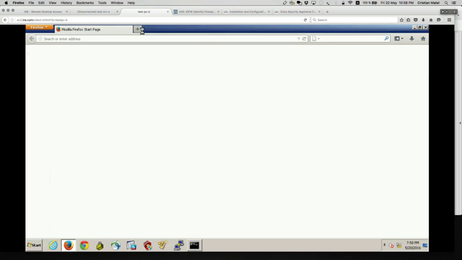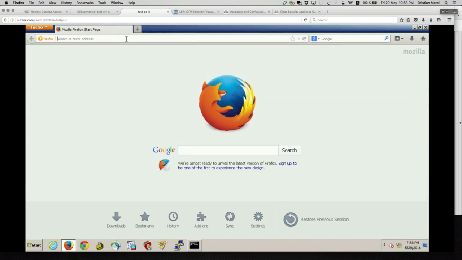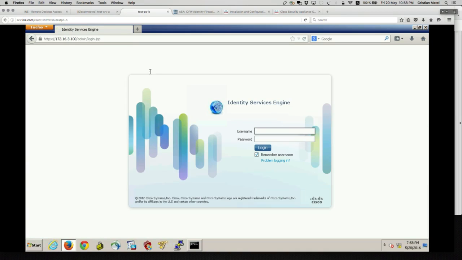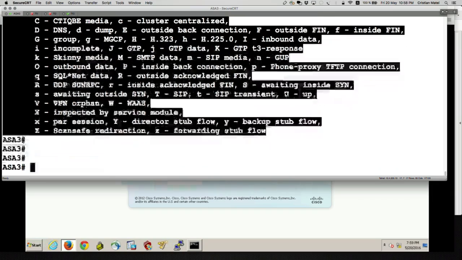I think I had a typo. Instead of colon, I said a period. HTTPS colon 172.16.100. There we go. If you look in the connection table of the ASA now,